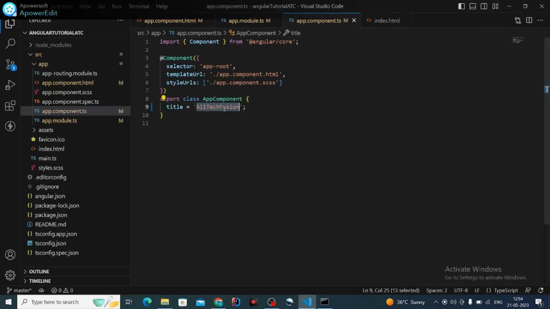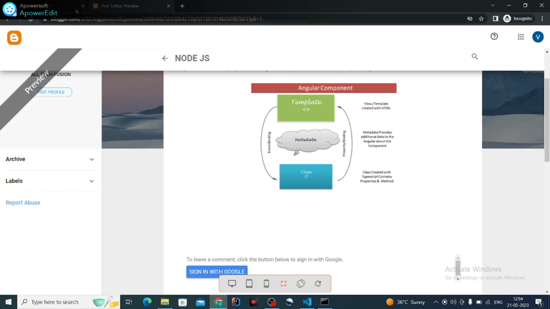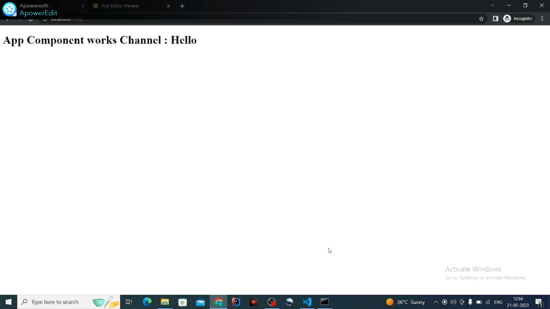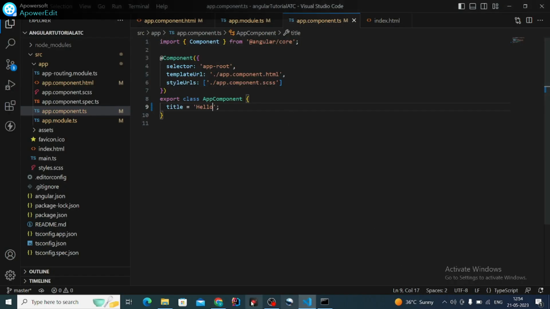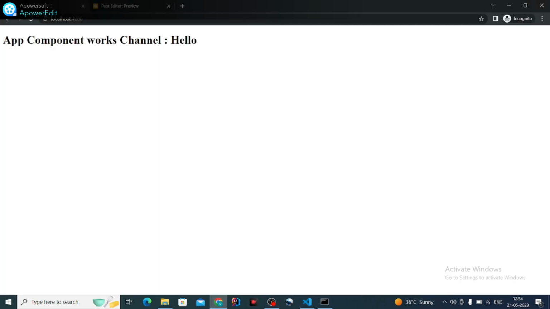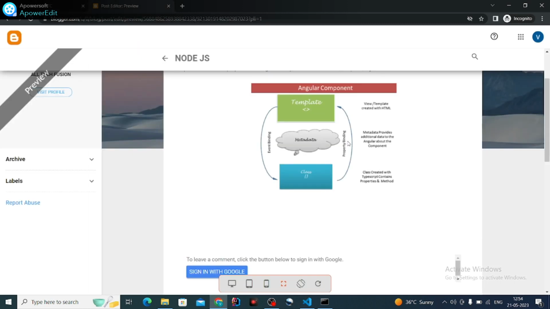For example, if I write hello here, then the view will render that change in the browser. You can see hello. So we are using property binding here. Property binding and event binding make it a two-way binding, from HTML to component and component to HTML. Now class, we already said that the class is nothing but TypeScript, which is a superset of JavaScript,